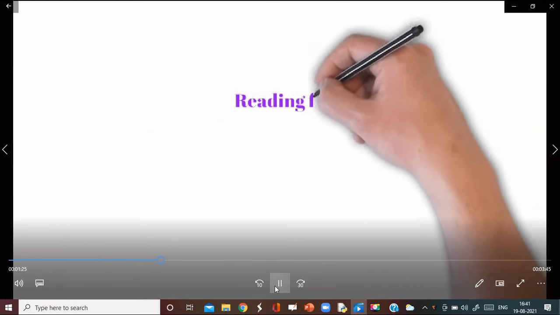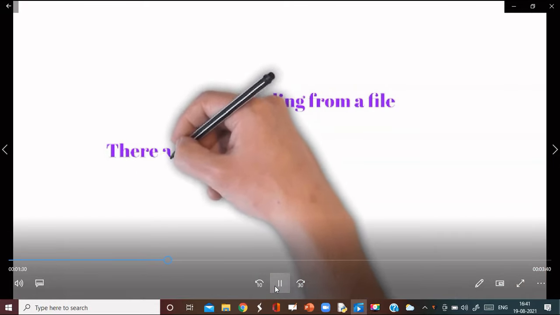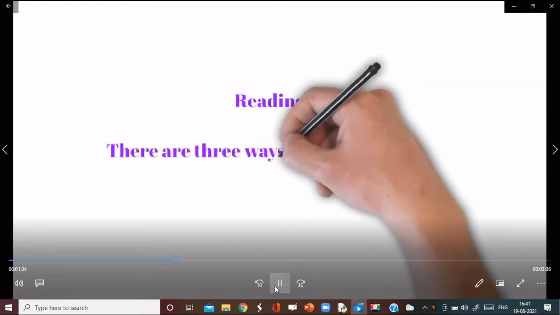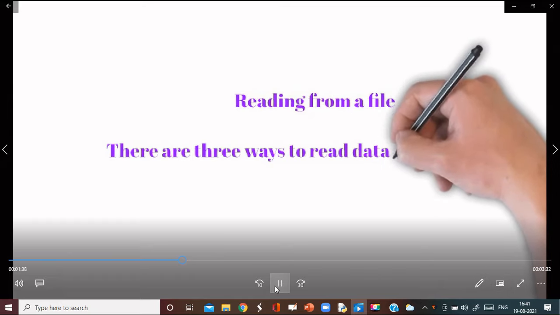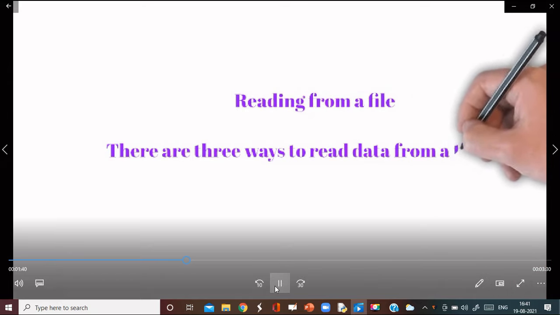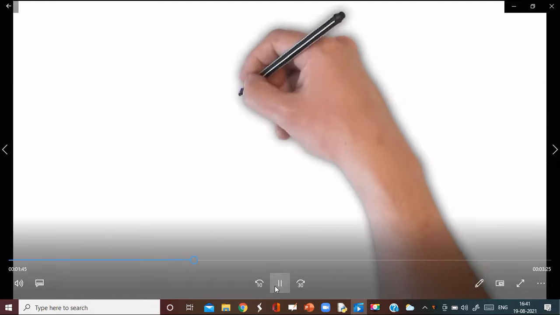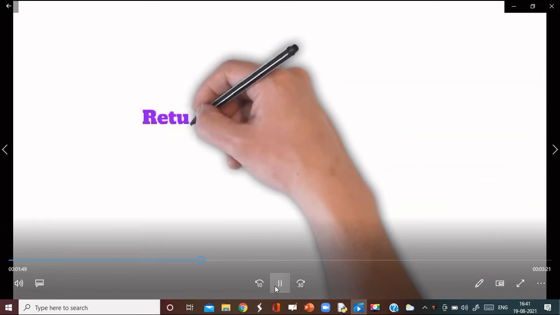Next, reading from a file. There are three ways to read from a file. This is for the text file. First is the read function.